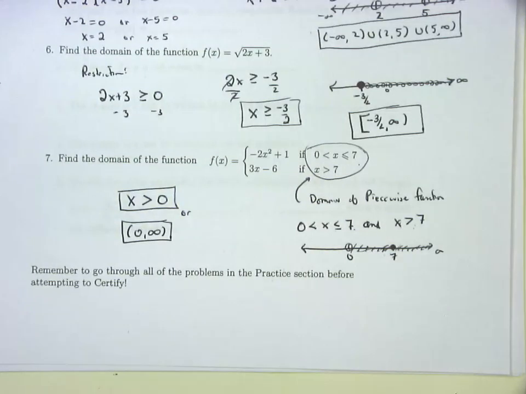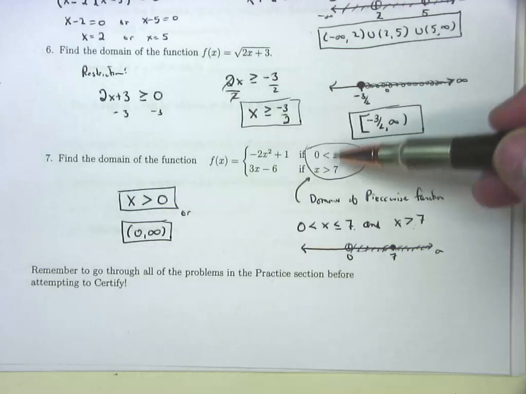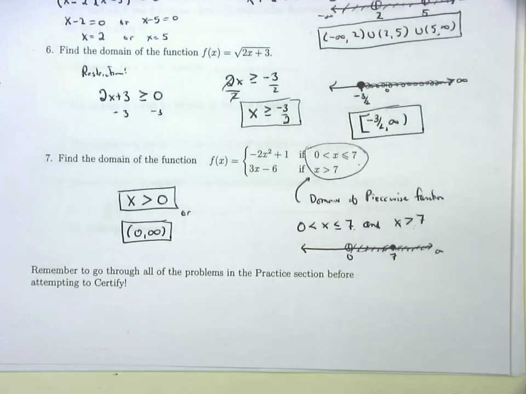Does that make sense? So piecewise functions are real nice because we kind of throw the domain in your face, but you have to interpret. You've got to put the two pieces back together again to see what kind of x's you're plugging into this guy. Questions, complaints, comments?